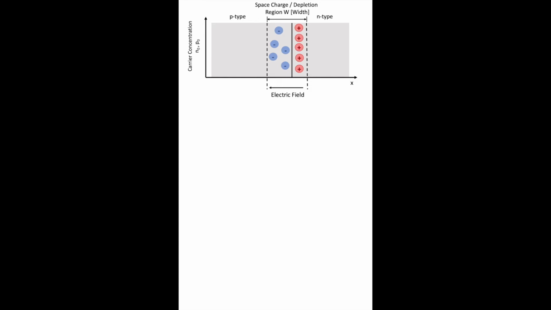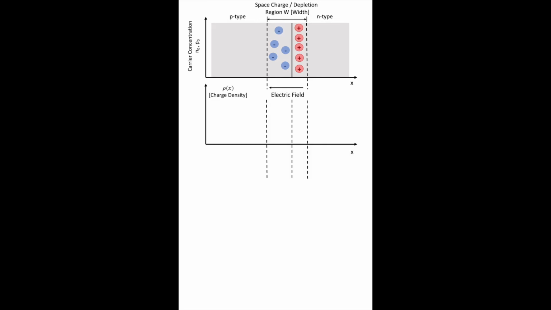We can see that because the positive charges are on the right and the negative charges on the left, if you have a point charge like an electron, the electron will travel from positive to negative, and so that is why our electric field is going to the left direction, from positive to negative. With this, we can then move on to the charge density to understand how the charges are distributed throughout this